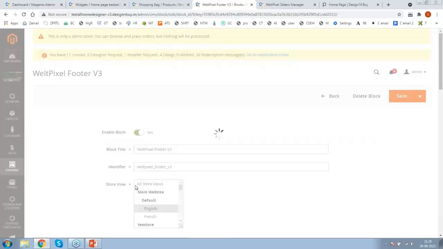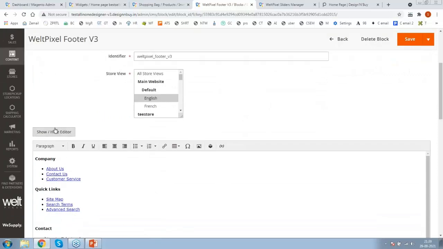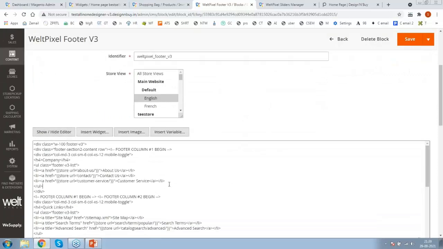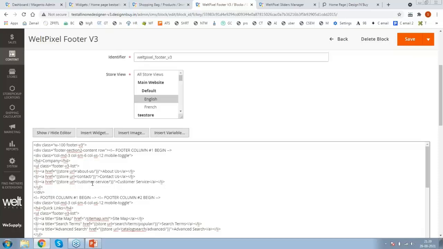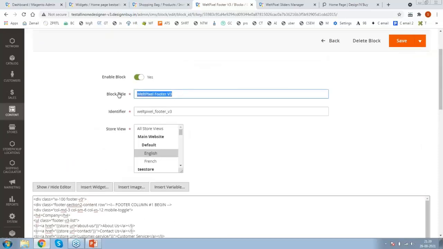Again, before you save anything or before you change code, please copy the entire code somewhere in Notepad and save it for your future reference. Maybe by mistake something is hampered or changed. If you want to reinstate the code, you can simply do that and fix the block accordingly. So again, first of all, the title and identifier.